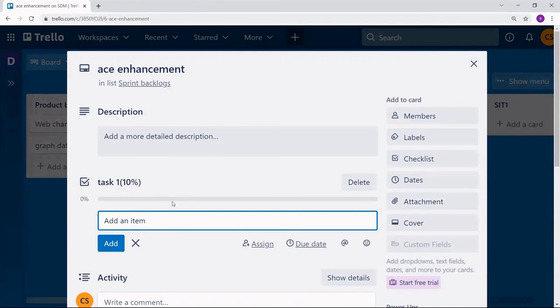Similarly, you can add the task status, checklist here, and also progress here. If you want to add any attachment, you can click the attachment. If you want to change the cover, you change it here. And if you add any member to this ticket, just click on members and select the member.